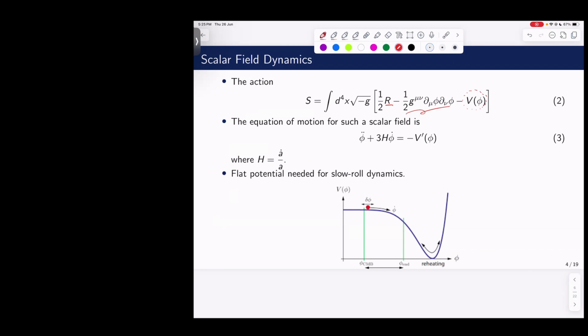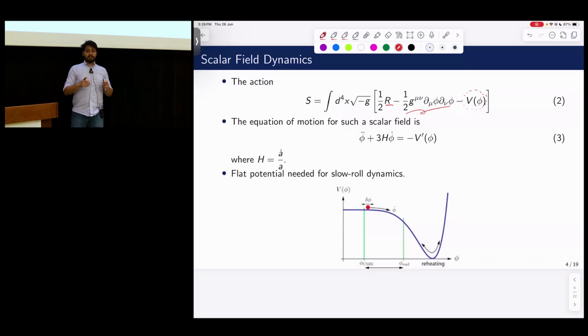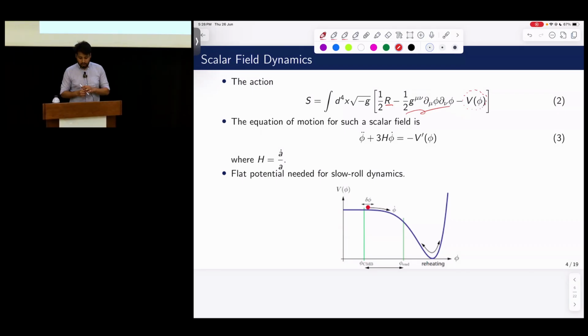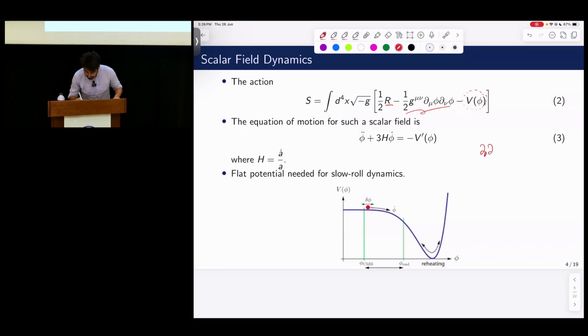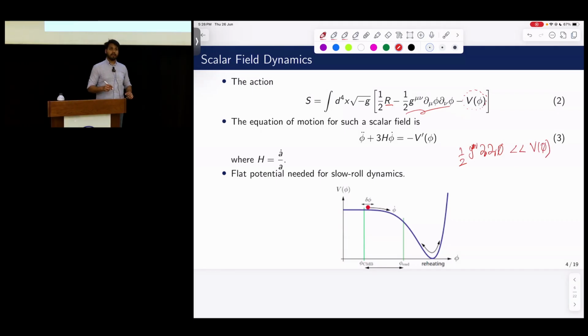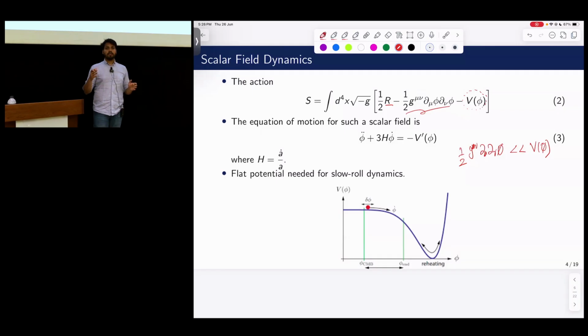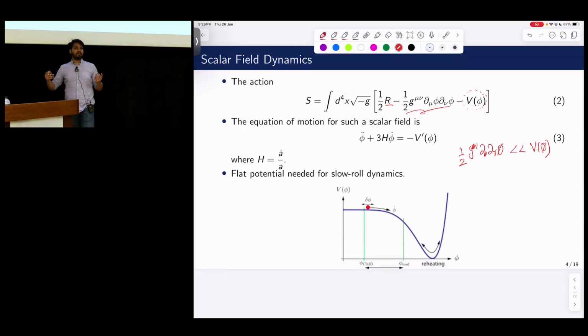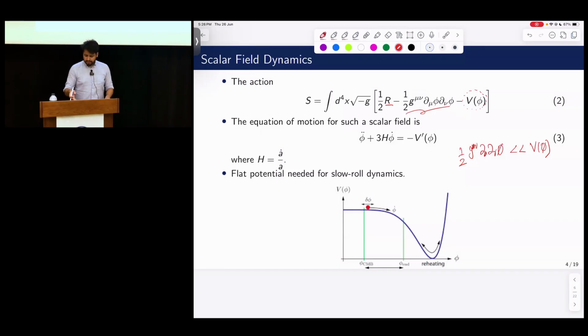Because inflation not only has to occur, but it has to occur for a certain period of time, right? To match our understanding of CMB isotropies and flatness and everything, it has to occur for a certain period of time. So you must have a potential that holds that dynamics for that period of time. That means that the kinetic term, ∂_μφ ∂_νφ (1/2) g^{μν}, must be much less than V(φ). You must require that if you're going to allow the universe a certain amount of expansion time so that it can effectively evolve and give us inflation and the necessary tools to get how we see our universe today, right? And we solve the equation of motion